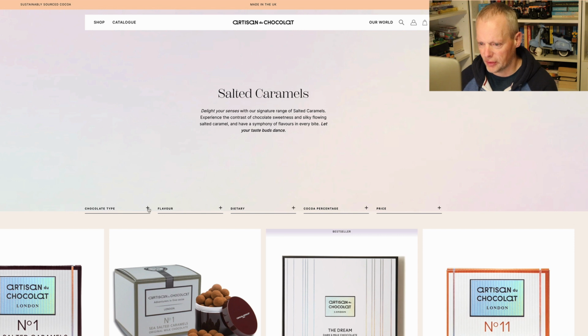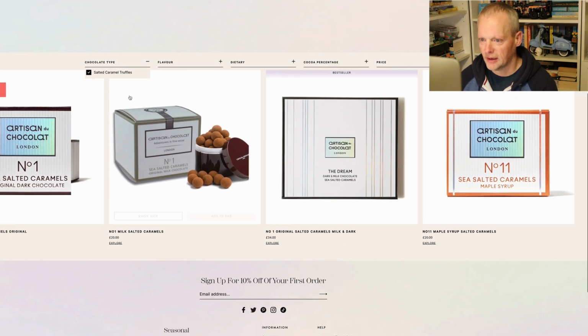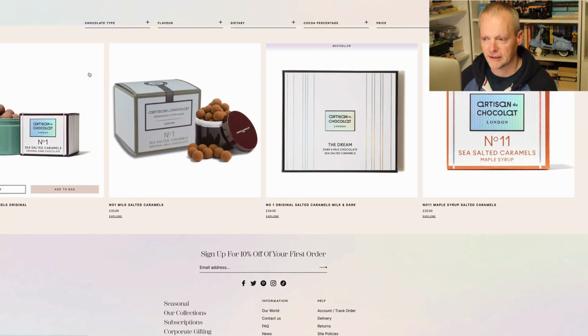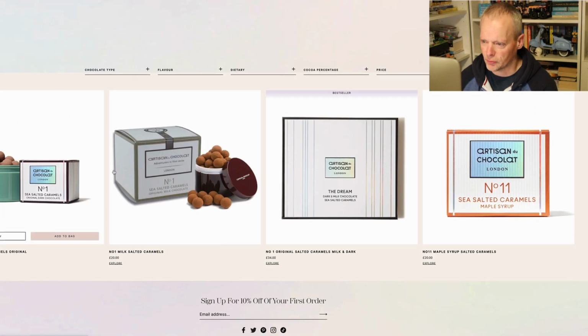The filters are a bit redundant. I've got salted caramel truffles here. I click on it and I've got 4 products on the page. I remove it and I've got 4 products on the page. So that's not helping. But what I thought was more interesting, I was looking at these from a picture perspective,